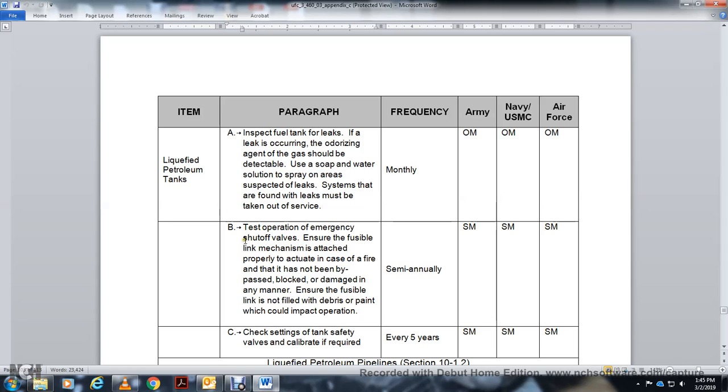Liquid petroleum tanks. Test operation of the shut-off valves. Ensure the fusible link mechanism is properly tested in case of fire, and that it has not been painted, blocked, or damaged. Ensure the fusible link is not filled with debris or paint which could impact the operation. Frequency is semi-annually. On your liquid petroleum tank, check the safety valve and calibrate if required, every